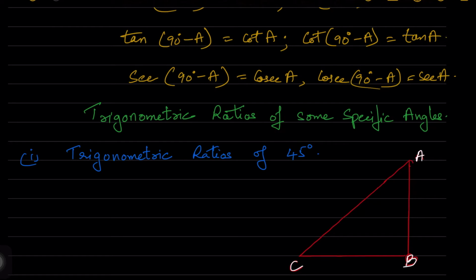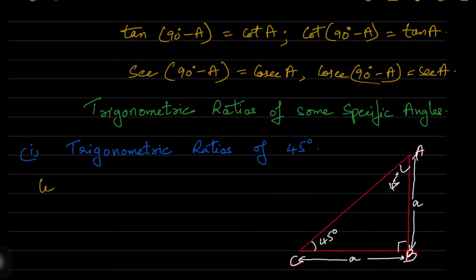So now you are drawing right angle triangles. We are always going to do trigonometric ratios only for right angle triangles. This is told in the beginning. So for a triangle ABC, which is right angled at B, we are going to find out the values of sin 45, cos 45, tan 45, cosecant 45, secant 45 and cot 45.